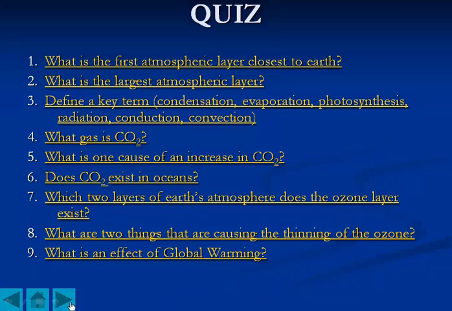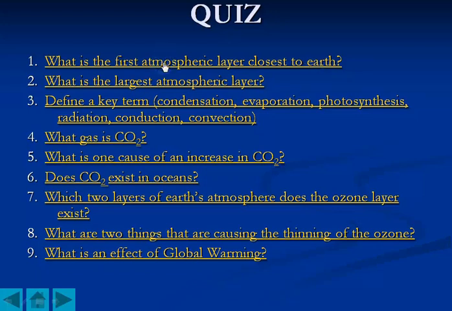Okay, up till now we have seen all these points related with greenhouse gas effect. Now we'll quickly revise with this quiz, and we'll see our understanding. Okay, so the first question is, what is the first atmospheric layer closest to the Earth? Do you remember? Otherwise, we'll go to that slide and verify that again.